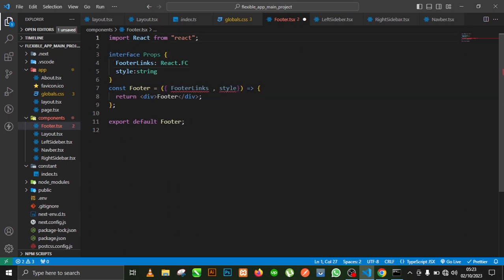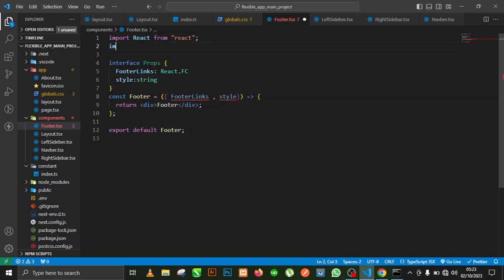We are going to be importing our footer links. I'm going to say import Link from component, import footerLinks from constant,